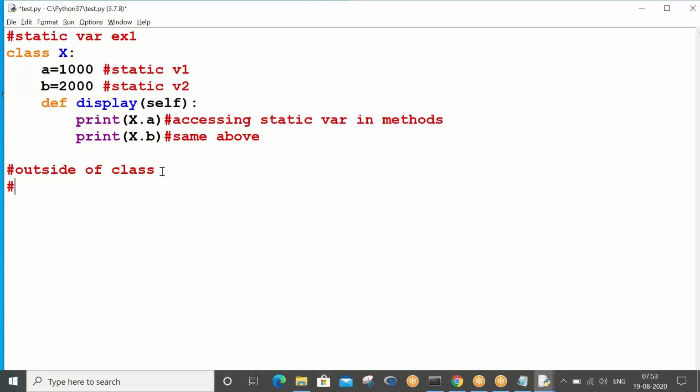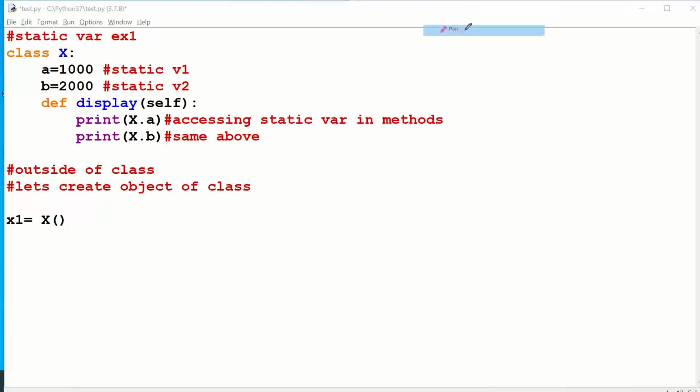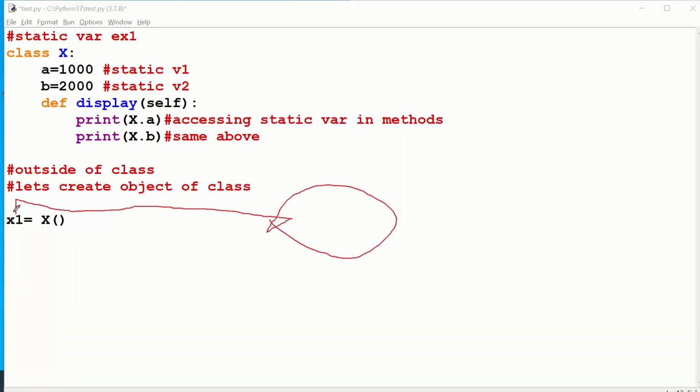Now we'll have to create objects. Let's create an object of the class. How do we create an object? Tell me. Variable name is equal to your class name, open and close. This is the object creation statement. Immediately in your mind, what has to strike is that an object got generated and its indirect address we have kept in x1. So that is the point.